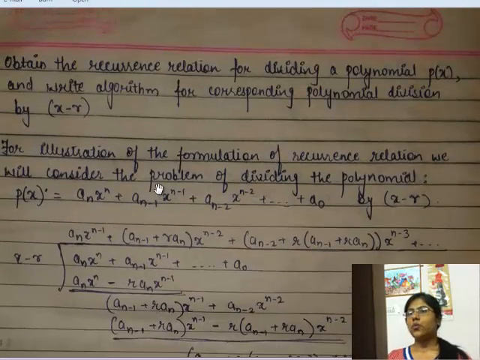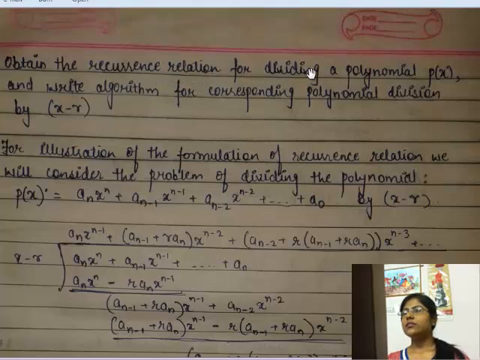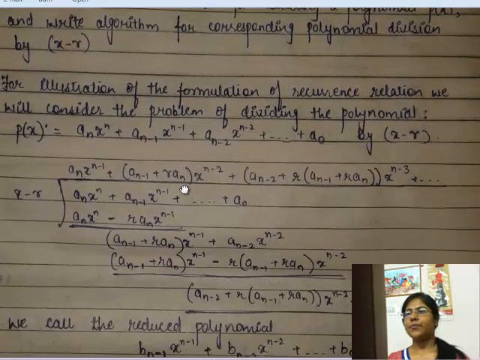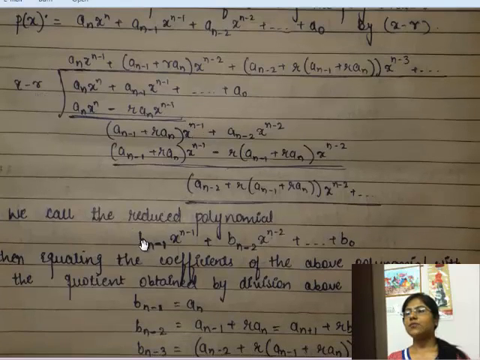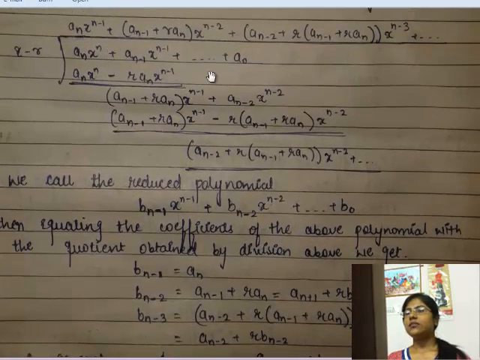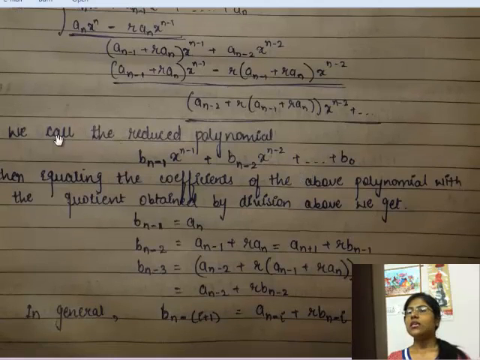Now heading for the next question, we need to obtain the recurrence relation for dividing a polynomial p(x) and write an algorithm for the corresponding polynomial division by x minus r. So starting with the solution, for illustration of the formulation of the recurrence relation, we consider the problem of dividing the polynomial, the same polynomial that we used in the previous question, by x minus r. You can see that the division has been depicted as follows, and we call the reduced polynomial